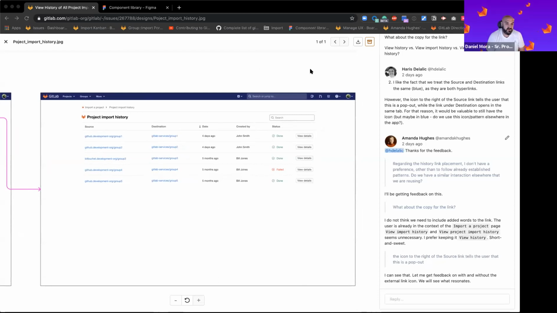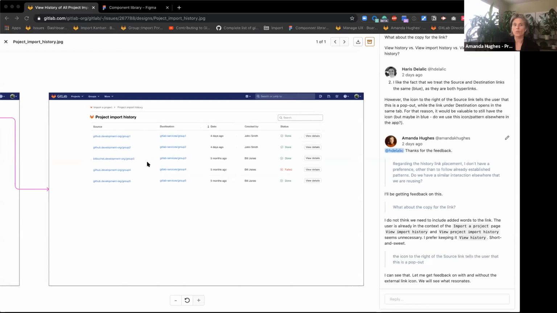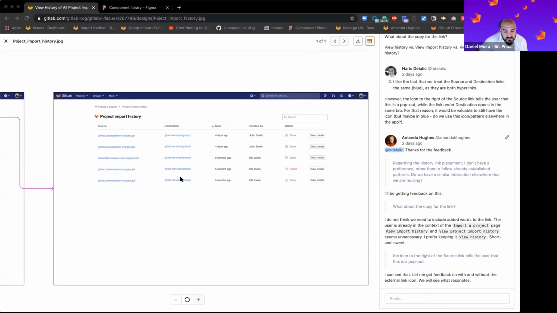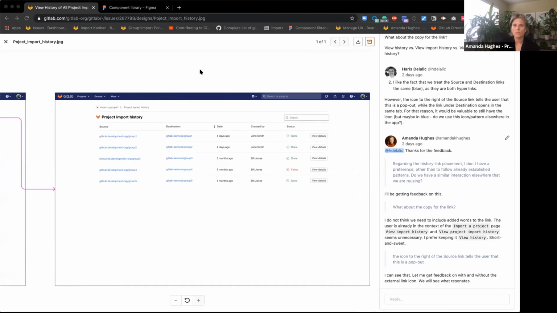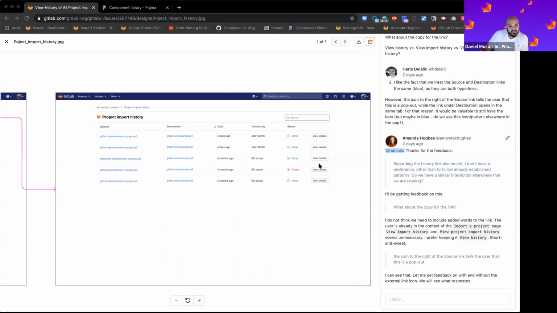Hmm. But otherwise, yeah, I mean, how often, because it says the status done versus failed. And I think you mentioned it earlier of like, what happens if you walk away, if you close the window or whatever, and you come back to the screen? You're saying, would it load the same? Would it continue showing new or updated data? Yes. Yeah. And all of these would take you to a log, essentially. Mm. That's interesting. I think it should be fine.